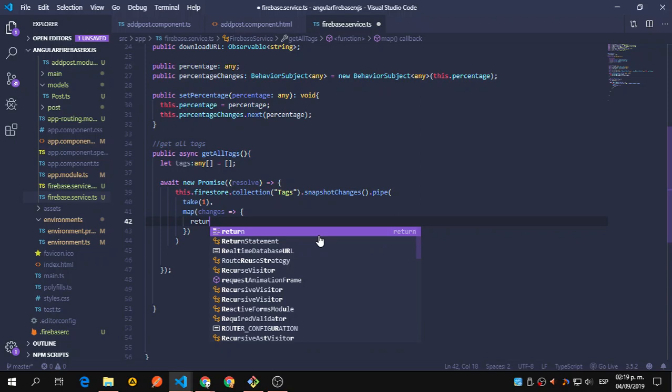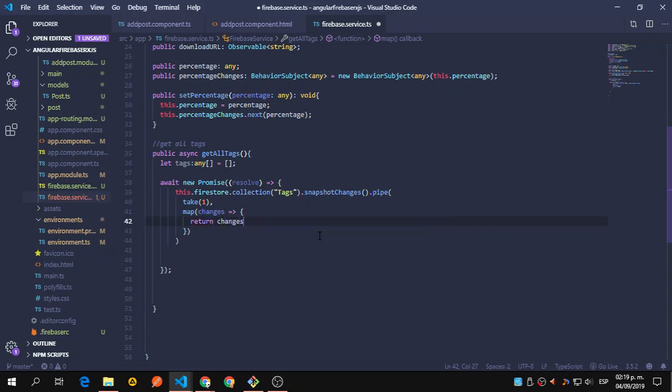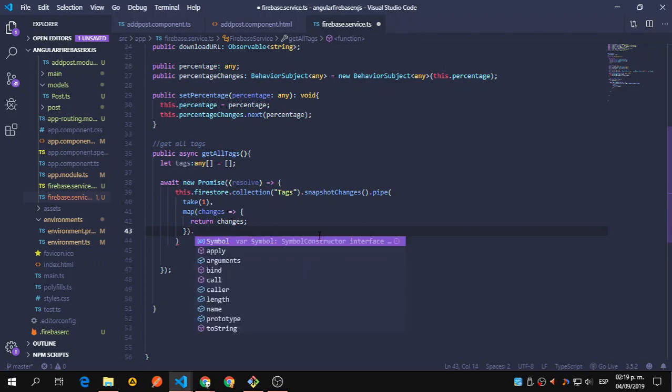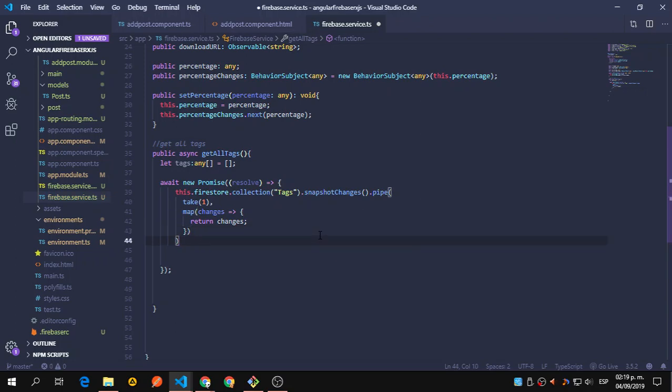Let's return changes, so you can see. Sorry, this is the map. Below here,